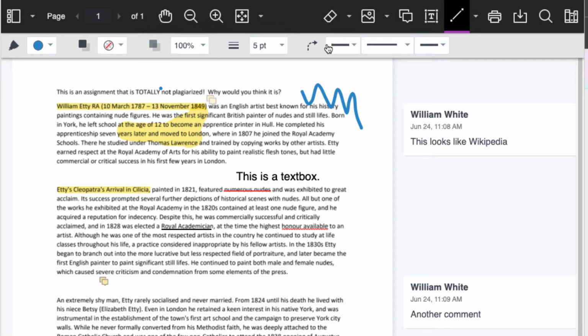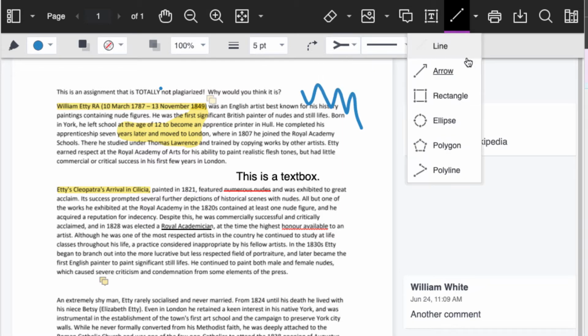And you've got these three line tools here. They are, from left to right, the tool that sets what the arrow looks like at the beginning, the line style, so how dotted it is, and what it looks like at the end.